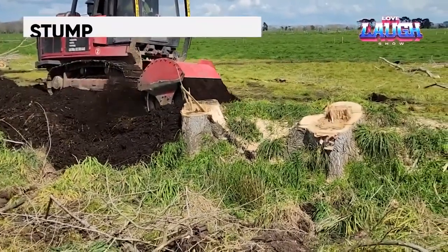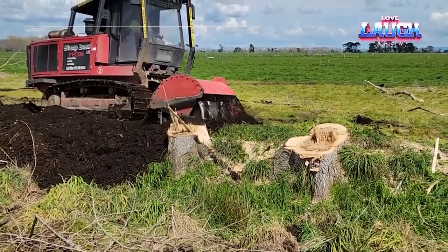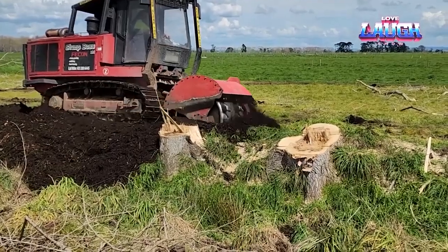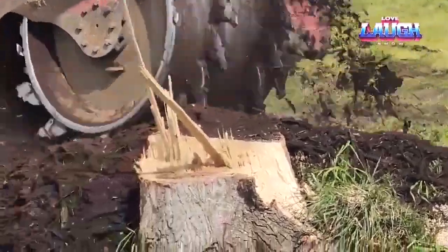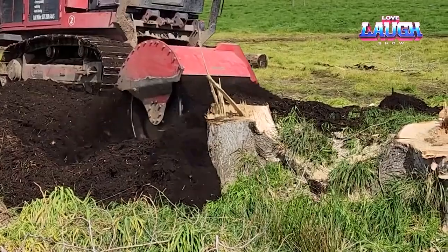Now let's dive into Stump Boss' approach to stump grinding, a critical step in land clearing and maintenance. Stump grinding is the process of removing tree stumps by using a rotating cutting disc that chips away the wood. Stump Boss utilizes advanced grinding machinery that can reach depths of up to 12 inches below ground, effectively eliminating stumps